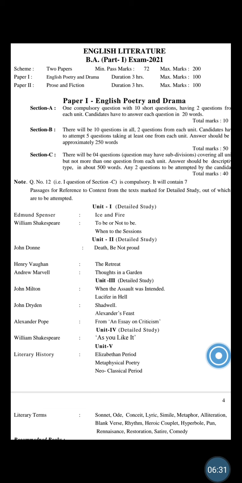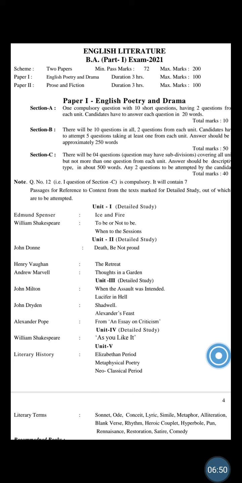So you can say that Glossary of Literary Terms by M.H. Abrams is considered to be the Bible of English literature, wherein you get to know the various ages also in brief, and along with the ages you get to know the entire literary devices. Maximum devices have been covered in this one book.